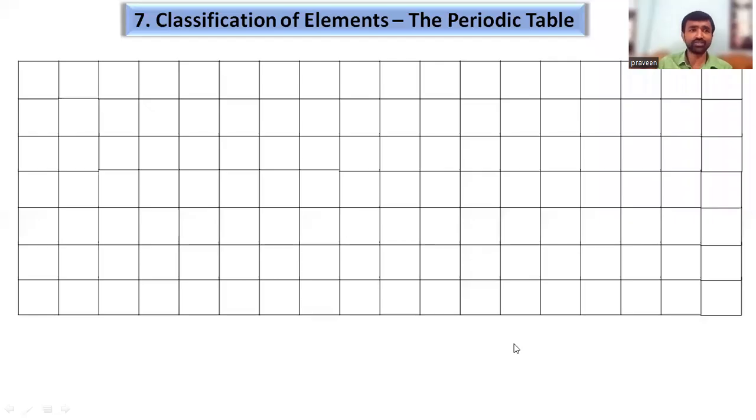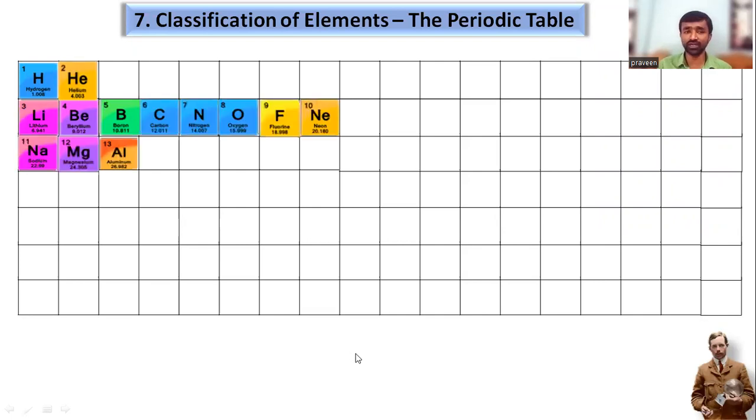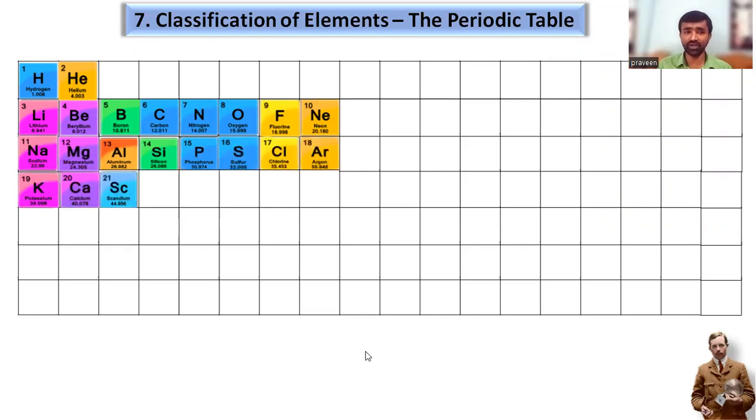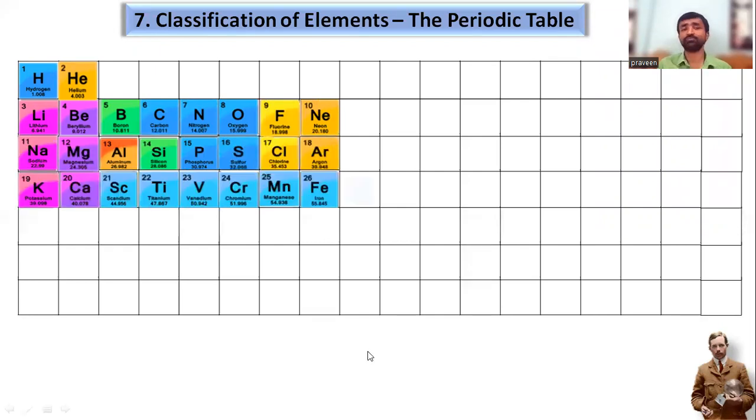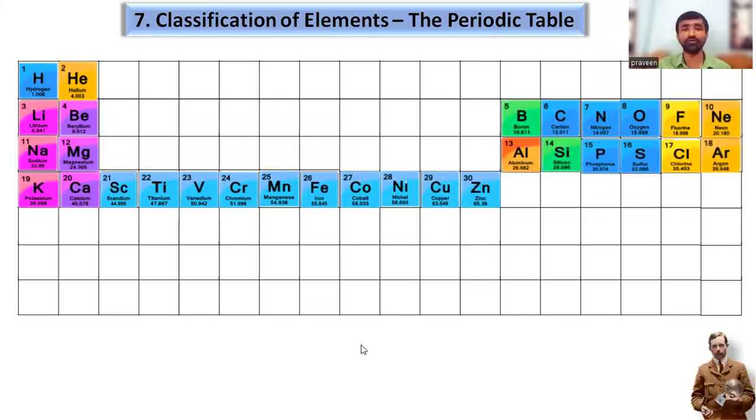Here, we are arranging the elements in increasing order of atomic number and electronic configuration. According to that electronic configuration, we are distributing the elements in the classification. But after reaching zinc, we are facing a problem. That's why the positions of boron to neon and aluminum to argon were changed toward the right end, because